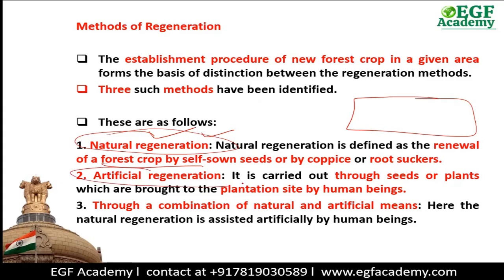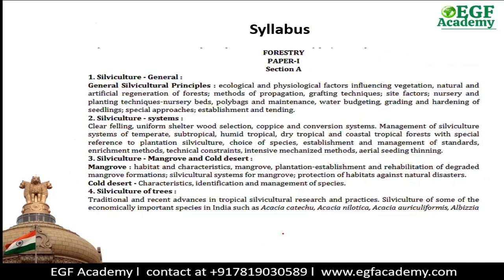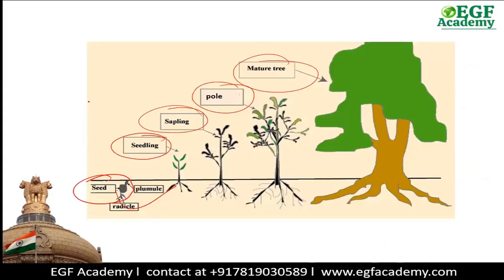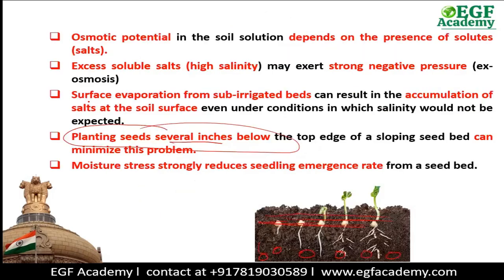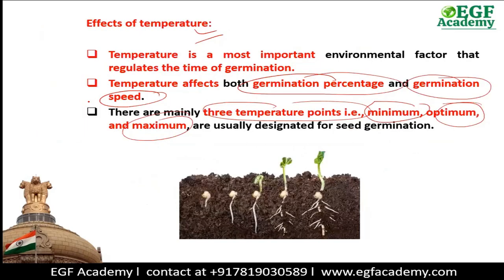Artificial regeneration means if there is so much destruction that natural regeneration is not possible, then in such cases we need to do plantation. So that is called artificial regeneration. Then the third is the combination of natural and artificial regeneration. We use both. We use the natural capacity of the forest and then we also use artificial plantation. In your syllabus, this is natural and artificial regeneration of forest. So what we have seen till now is how the seeds grow and which plants are important from the perspective of silviculture, in which gymnosperms and angiosperms are very important. That is what we have to study here.